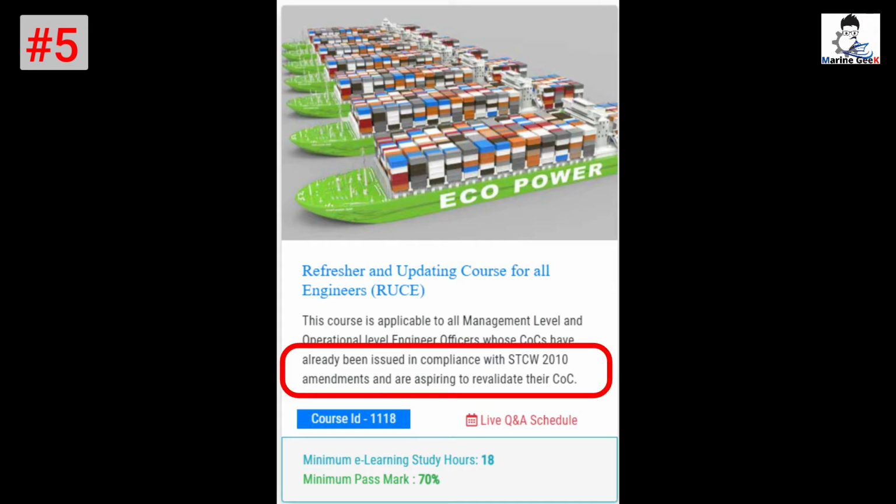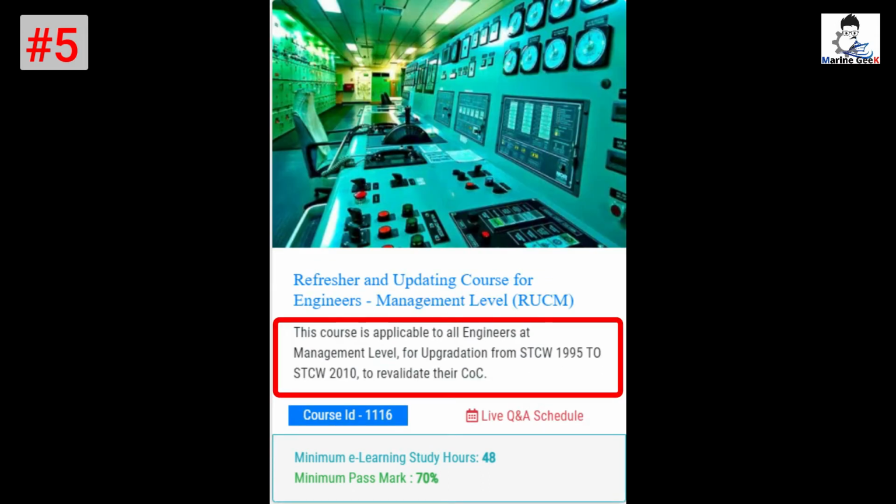So this particular course ID 1118 is for those who already have STCW 2010 and are now going to revalidate their STCW 2010 COC again. This is for those people who haven't upgraded their COC. It is still at STCW 1995.